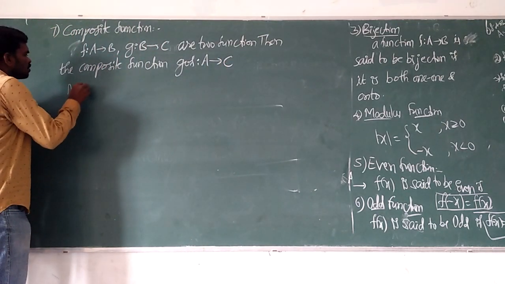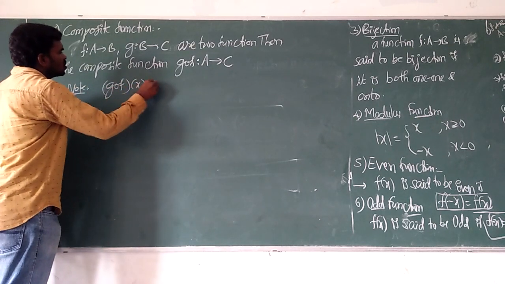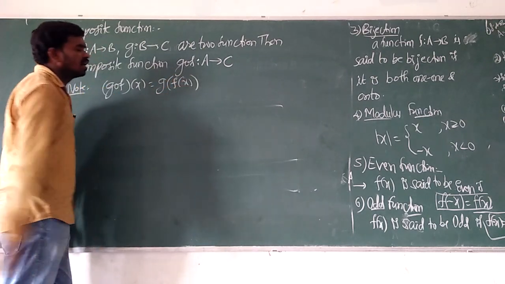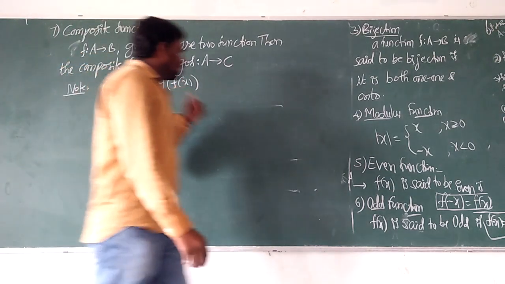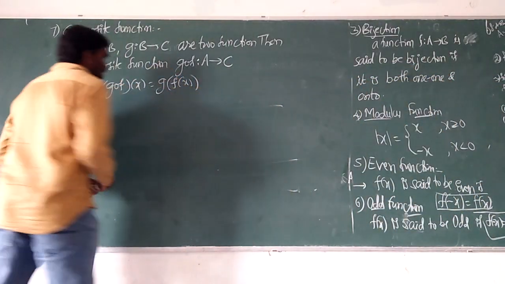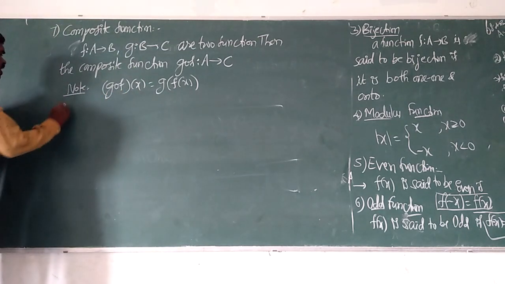And suppose you want to find g circle f of x, you can split it as g of f of x, and we can move. In two marks questions, we can have a few questions depending on this composite function. And the final thing is